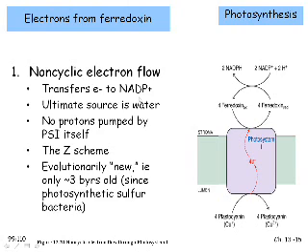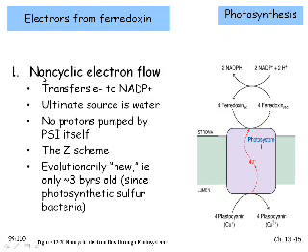So what are we going to do with those electrons from ferredoxin? Well, we can use electrons from ferredoxin in a couple of ways. One way is we can use ferredoxin. So here we have some reduced ferredoxin. We can use those electrons to make NADPH. So that is one of the ways in which ferredoxin gets used, is to make NADPH. There's another way, though, in which ferredoxin gets used, and that's in something called